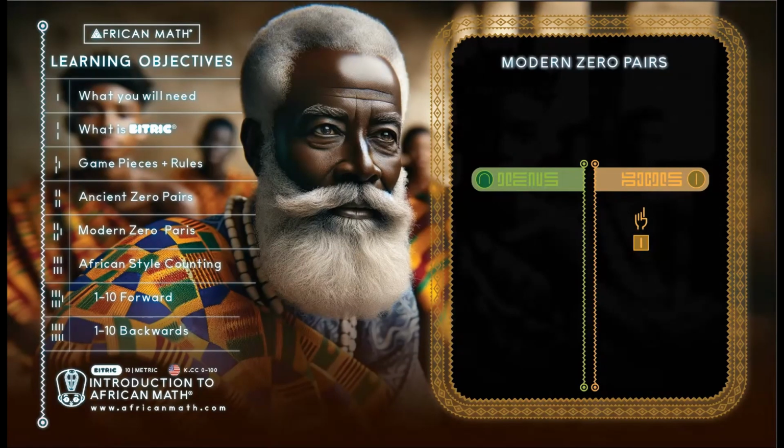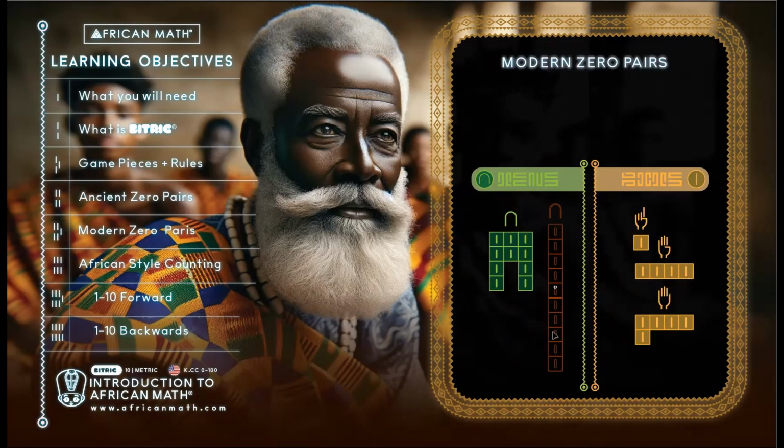So you have to build a palm, which is 4 units, or a hand. This is our units column. And then you have here our tens column. Now you can use the house of 10 that reminds us of the ancient African numeral, or you can use the skyscraper 10 or Tekken 10, which is a vertical line. Again, my advice for now is to use the ancient African numeral 10